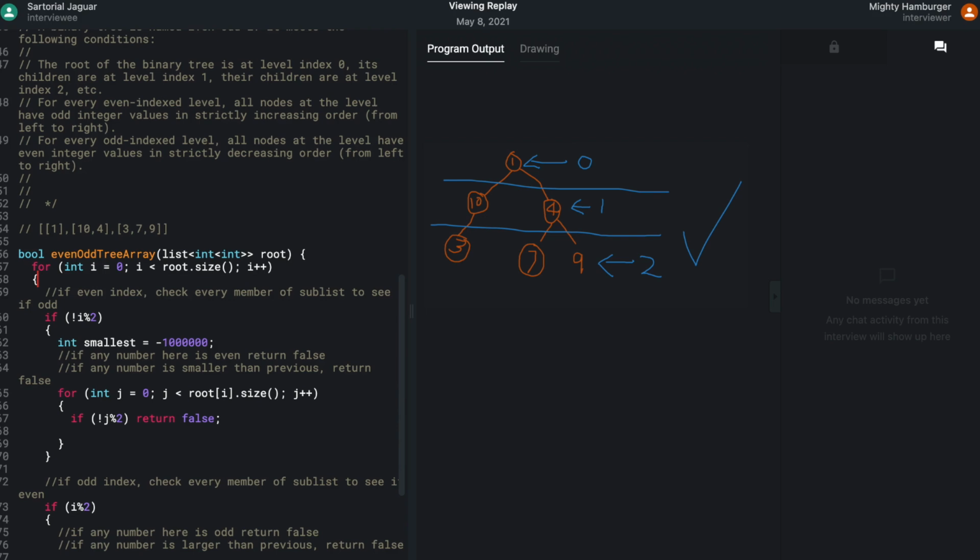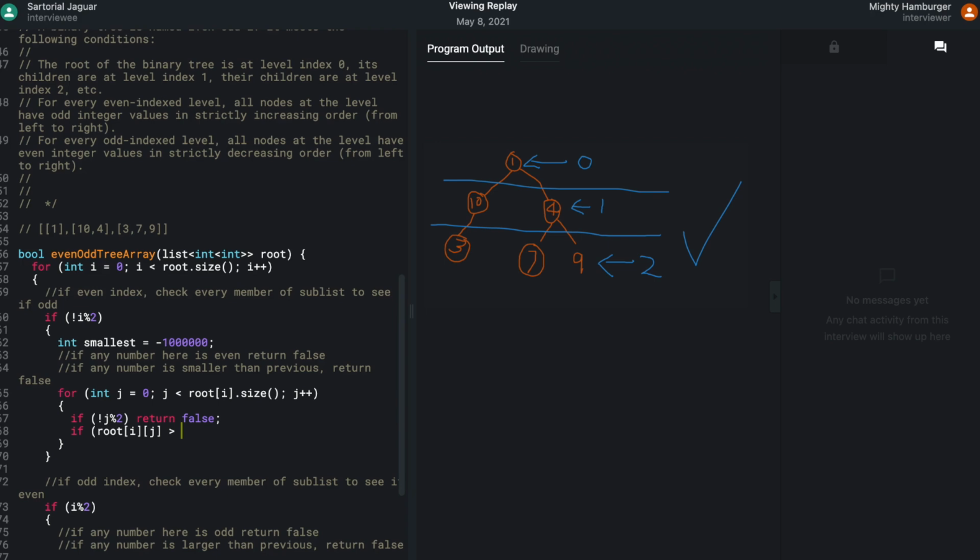So right now I'm going to be comparing to the smallest. So if root i j, that is the current element, is increasing, is bigger than smallest.